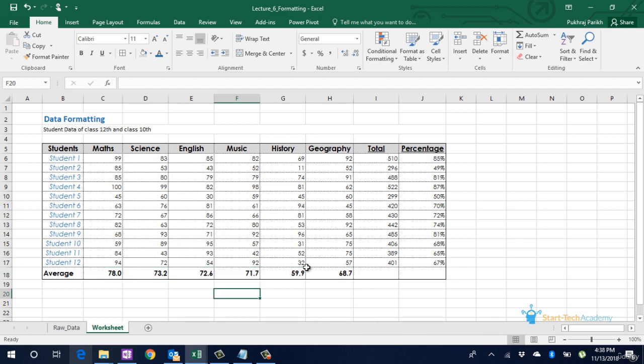So now let us move on to conditional formatting. Conditional formatting is a very strong tool that Excel provides us. This tool provides us the option to visually highlight the data as per the rules that we have specified. This makes the data more understandable just by looking at it. So let us highlight in our example those students who have scored less than 35 marks in any of the subject. So we select all the numbers,